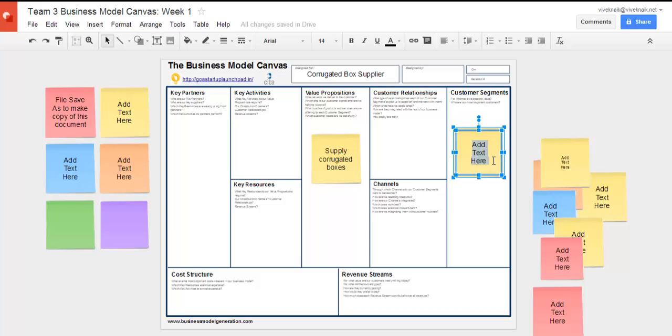The customer may be a manufacturer of some parts which need to be packaged and shipped. So he's a manufacturer of metal parts, let's say, and his job is